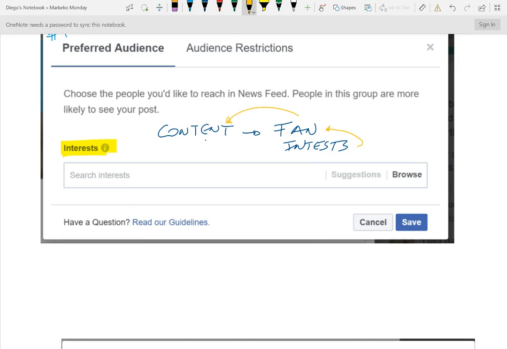So what this will do is, again, from 10,000 fans, find people who are most interested in one or two or three of the interests that you plug in here, just like you do with saved or core audiences, right? So this will find you a better niche market.